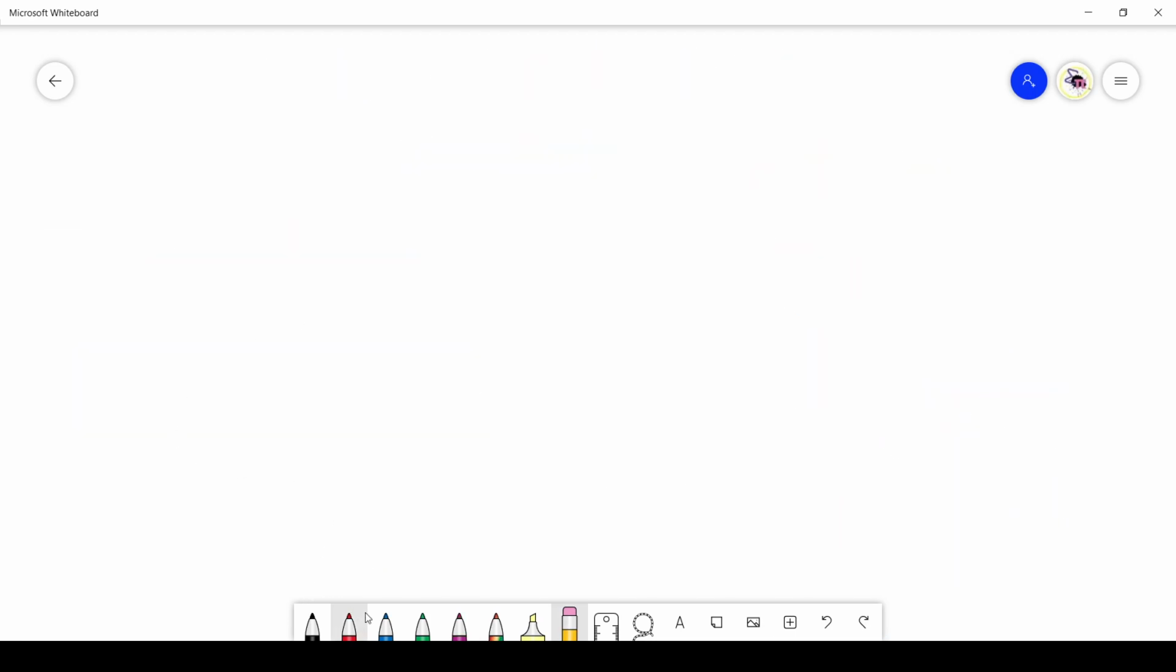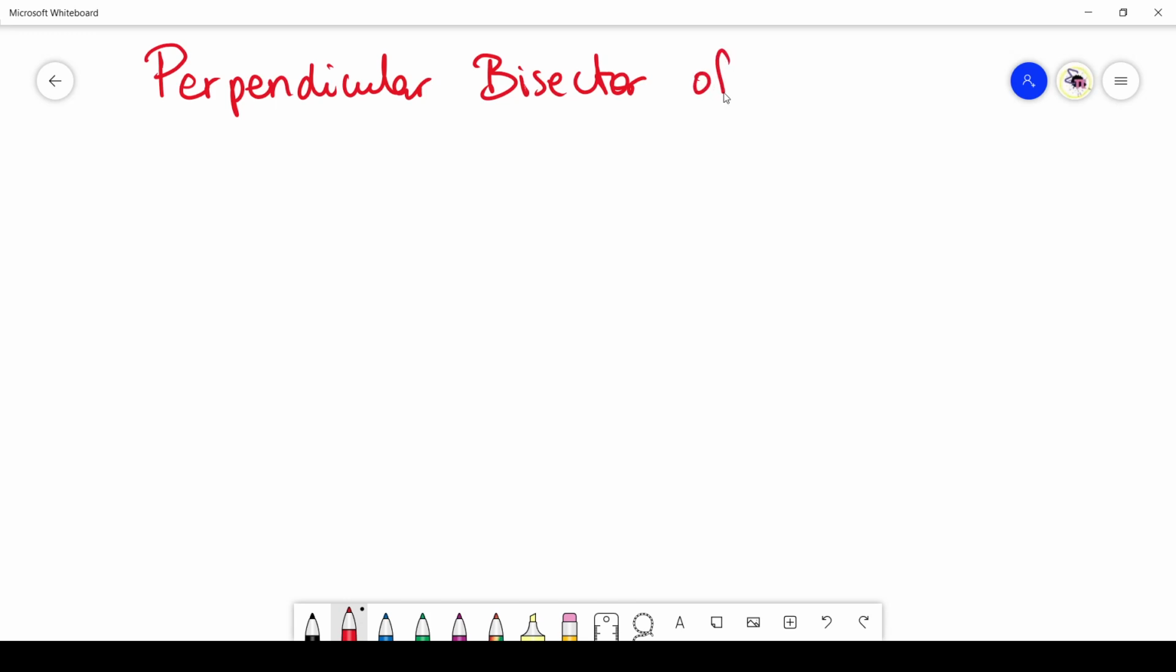Okay, so next up, what kind of other conditions do we have? Well, the other one is called a perpendicular bisector of a line. All right, so let's get set up here, and straight away let me show you guys